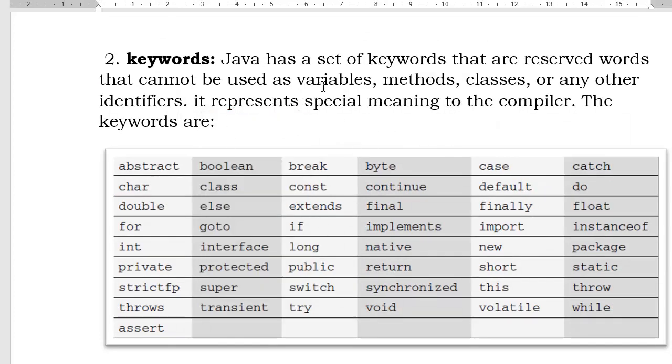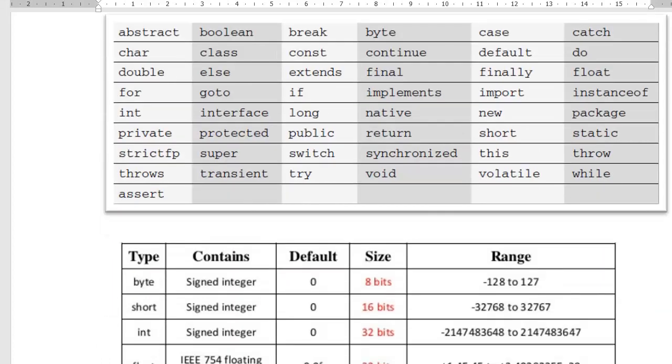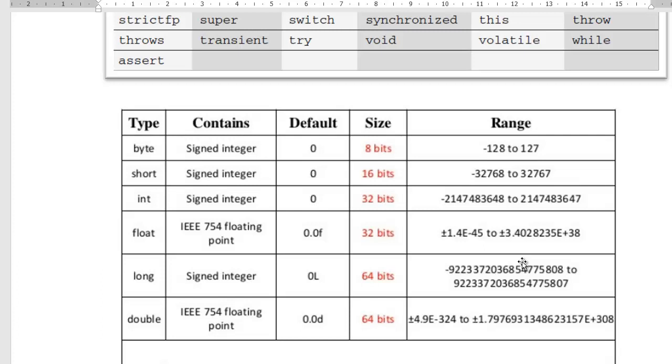Okay, sorry, keywords. Keywords are reserved words that represent a special meaning to the compiler. Right, now coming to the data types. Data types we also discussed in the last class: byte, short, int, long. There are 4 different types. Byte, short, int, long are the integer types, float and double are the decimal types, and these are the default values.